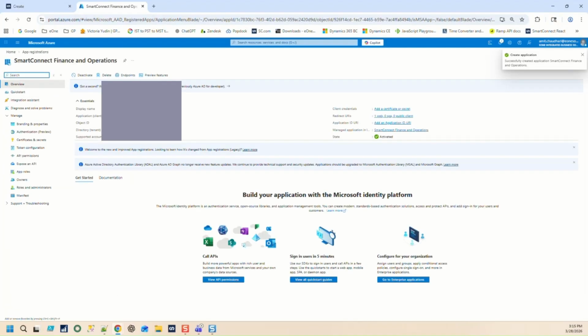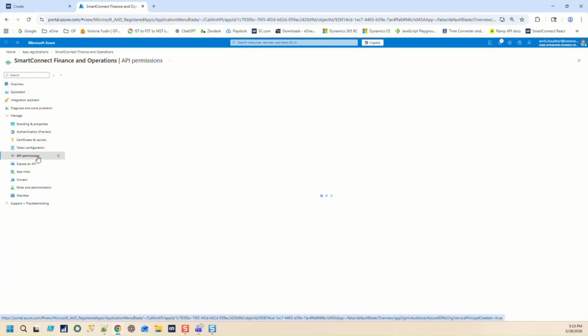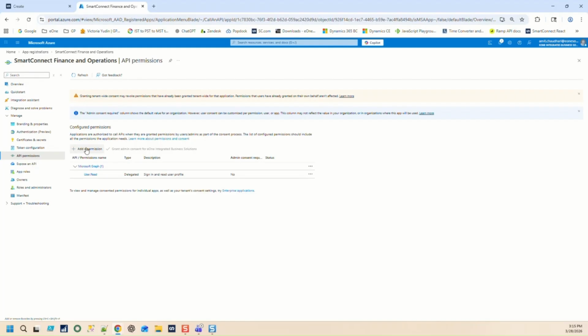So once I'm registered, this is my client ID that I can note because I need that one to put in the connection. Then I'll go straightforward to the API permissions. I'll click on the add permissions